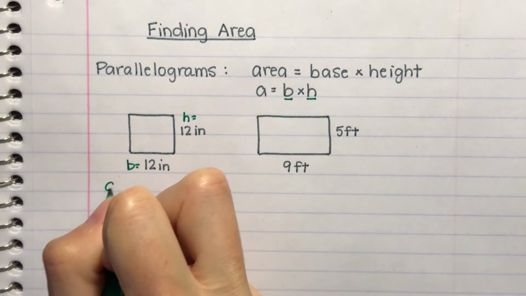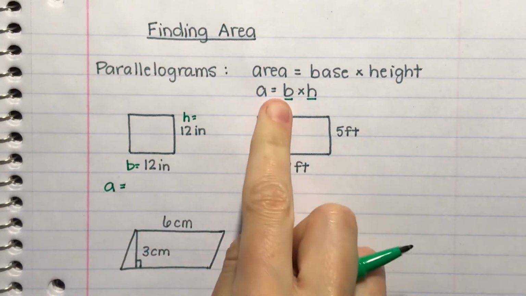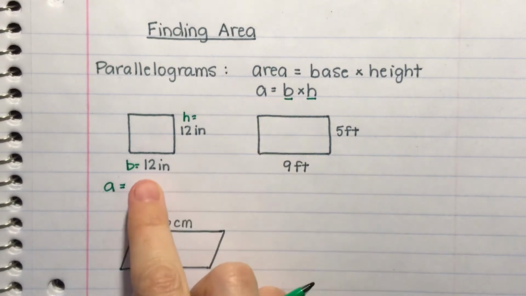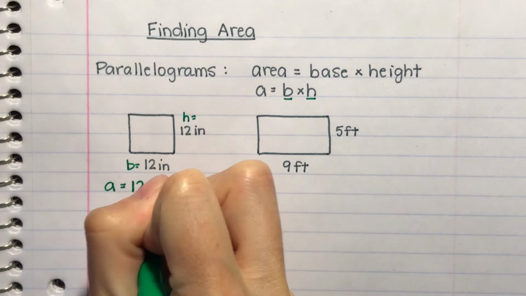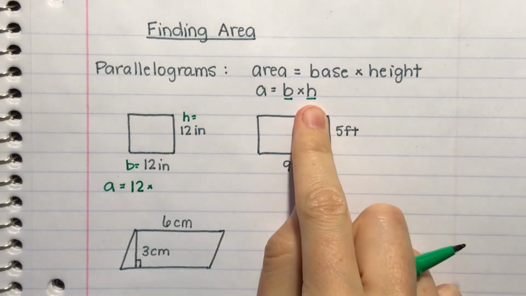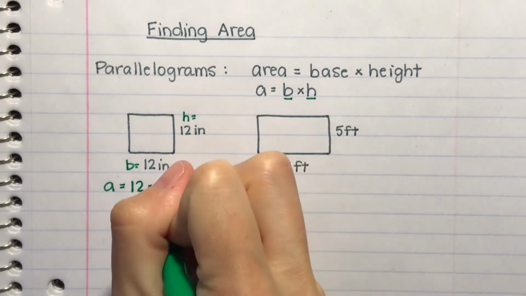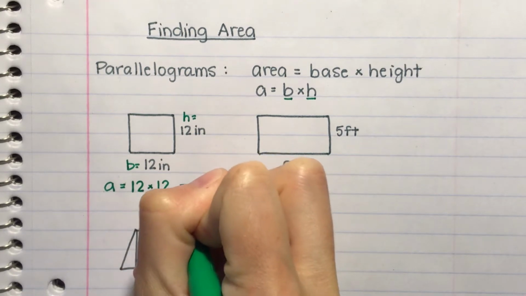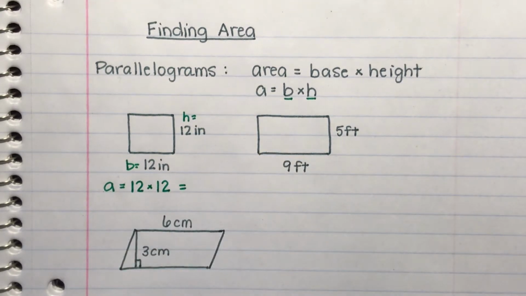So instead of a B for base, I'm going to fill in 12. Instead of an H for height, I'm going to fill in 12. And now all I have to do is multiply that out to find the area. So 12 times 12 makes